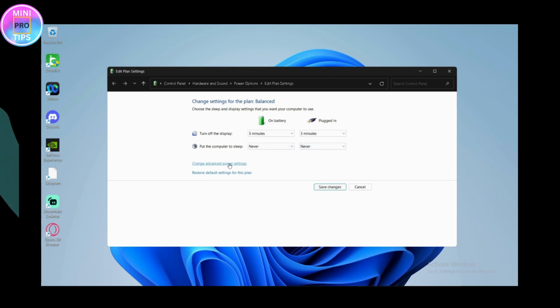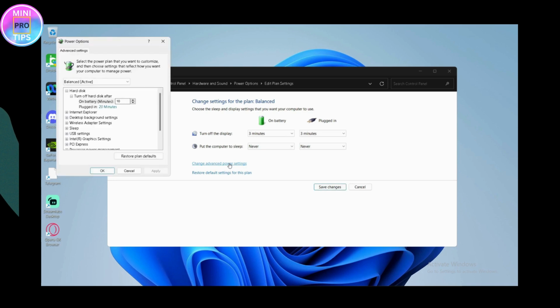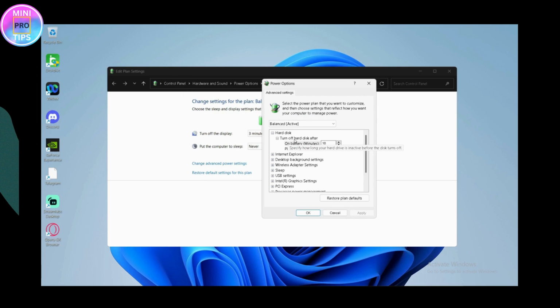And then you need to go for change advanced power settings and you will get a new tab. Now go for the turn off hard disk after. Now it depends on you how many hours or day you want. So let's say if I want my computer not to be turned off for a day, then I will select